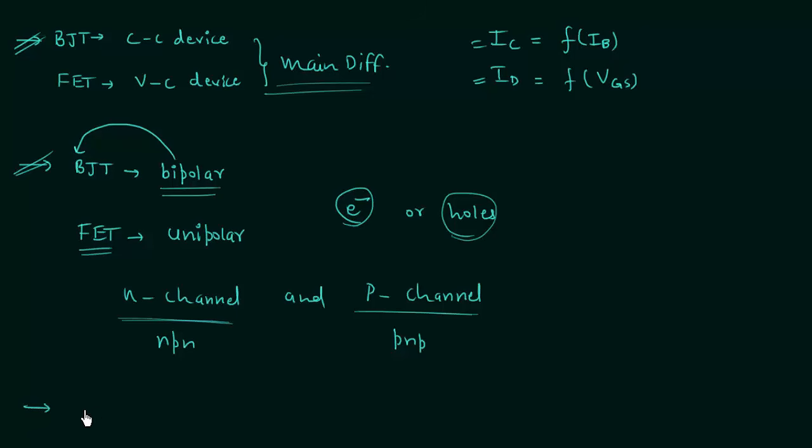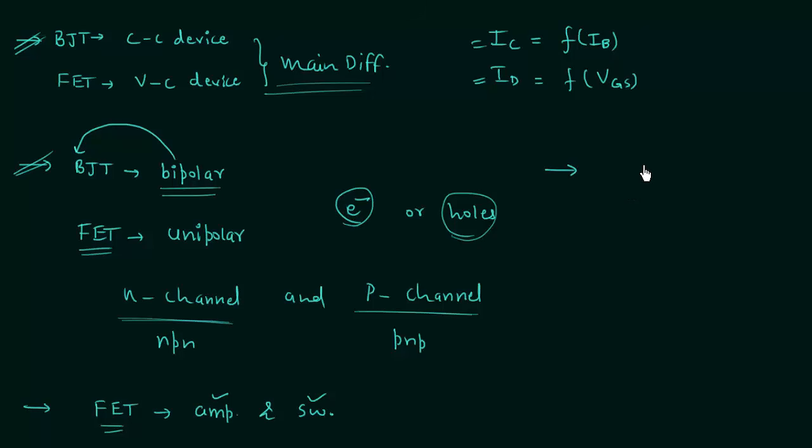The fourth point is FET can be used for amplification and also for switching. Like BJT, we can use FET for amplification and for switching. Let's move to the fifth point, and the fifth point is related to the hierarchy we are going to follow